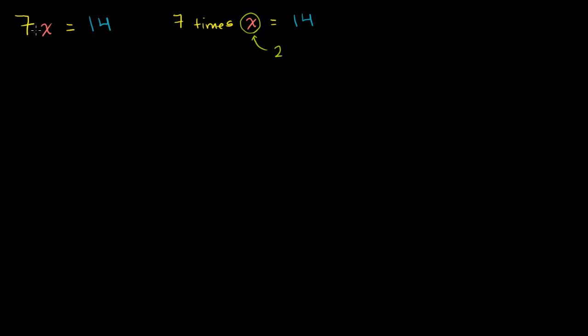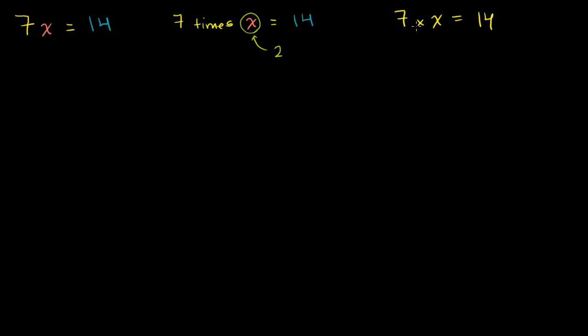In algebra, we don't write the times there. When you write two numbers next to each other, or a number next to a variable like this, it just means that you are multiplying. It's just a shorthand notation. And in general, we don't use the multiplication sign because it's confusing, because x is the most common variable used in algebra. And if I were to write 7 times x is equal to 14,